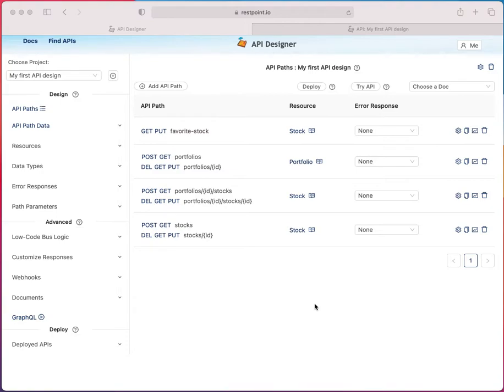To another demo of RESTpoint. In this demo, we're going to take a look at adding some low-code logic so that we can make our API backend seem a little more realistic. So what we're going to do now is show you,